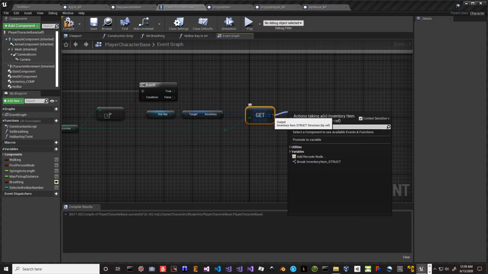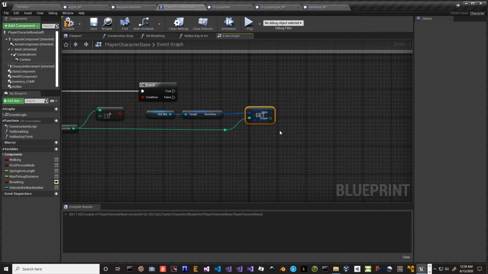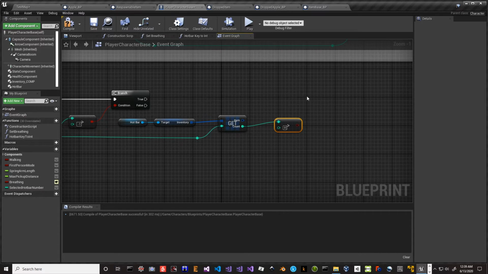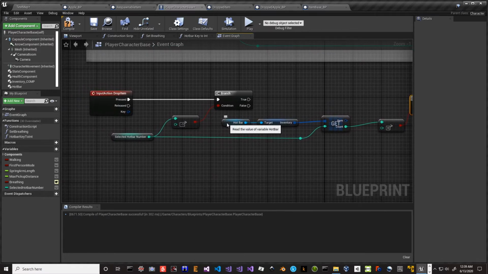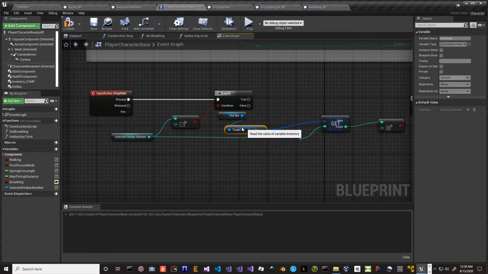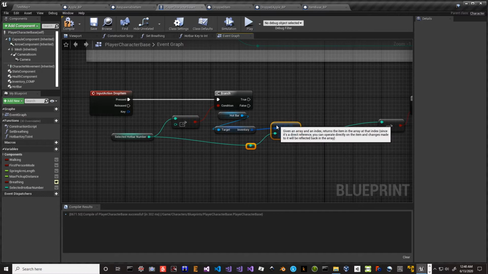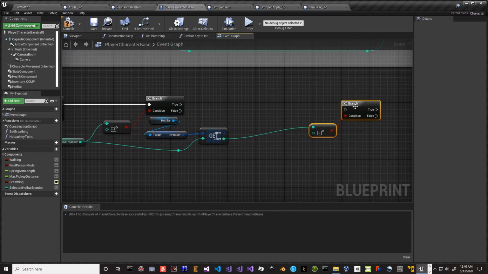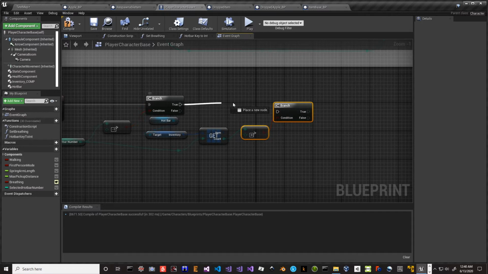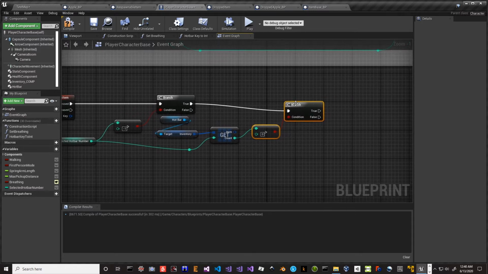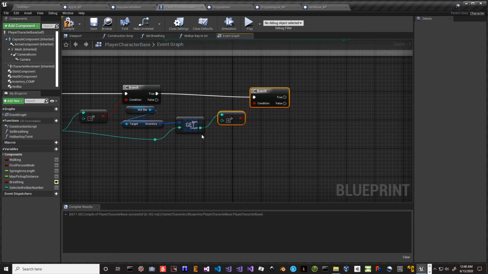And then let's go ahead and split this struct pin. And we've got a count. And we want to say, is this greater than 0? So we'll have a branch. And now let's compact this a little bit. I really don't like this stuff getting so strung out. It's really hard to read. So we can pull this down here and pull all this stuff back here like this. So if that's true, it's greater than -1, and if the count is greater than 0,